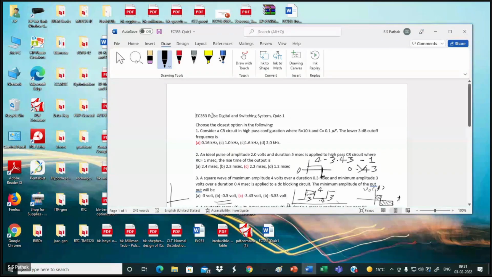Was it not mentioned? Sen Gupta? Choose the closest option in the following. Sen Gupta? Yes, yes, sir. Was it not mentioned, choose the closest option? Actually, it is MS team. No, it is not. No, answer will be 0.5. Answer will be 0.5 in that case. Yes, yes. Correct 2 is 1, minus 0.5.